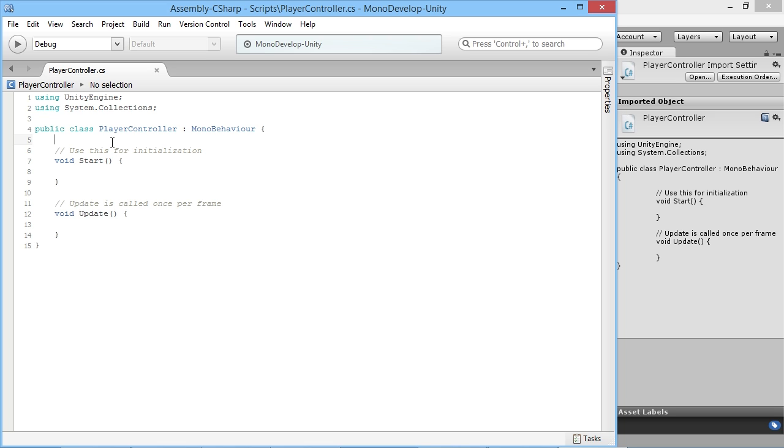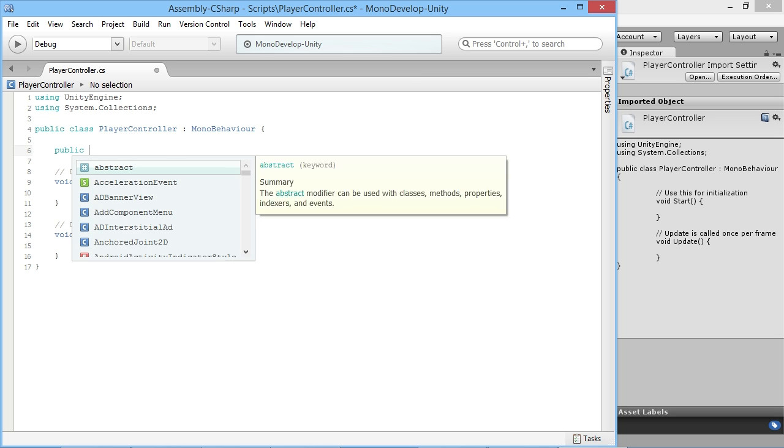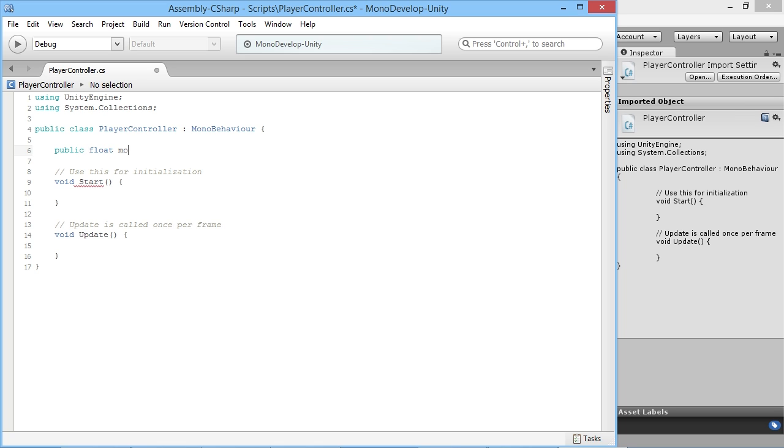And the way we're going to do that is just up here in between our line. This is public class and this little line here. So we're going to put a little bit of extra lines in. And here we're going to type public float moveSpeed. So moveSpeed has a small m because what we're doing here is creating a